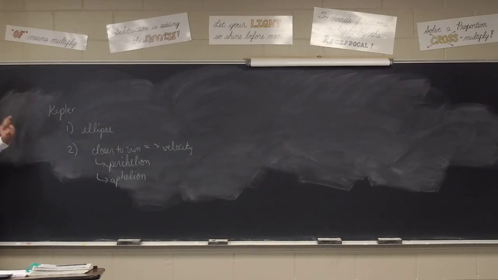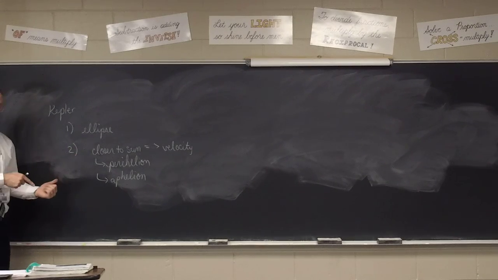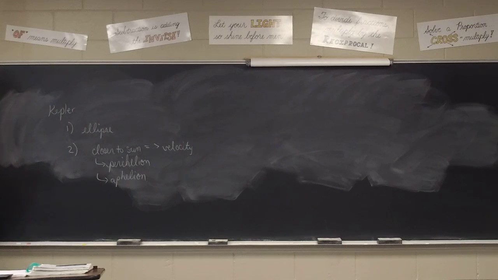All right? Rule number two then, because they go around in ellipses, there are points where they are closer and further. The point that is closest is called the perihelion. And the point where it's furthest is called the